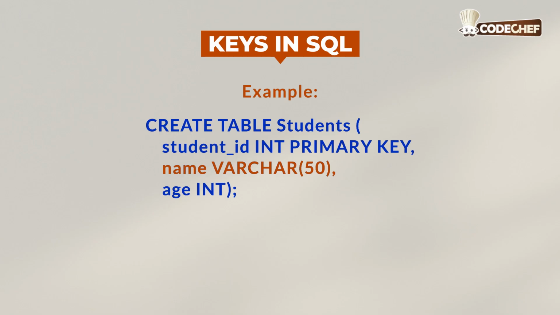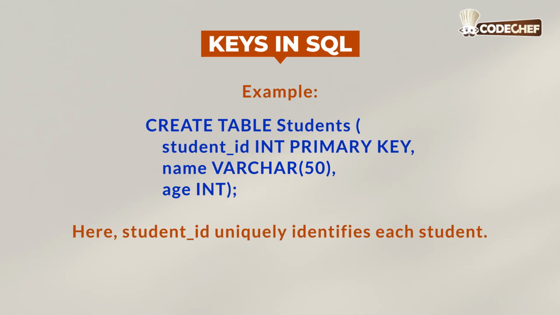So the other column is name, and the kind of data that it will store is varchar, and that can have up to 50 characters. Then age, this is the third column, and the type of data that age will store is integer. So again int, bracket close and semicolon. So here student ID uniquely identifies each student, and that is why it is set to be the primary key